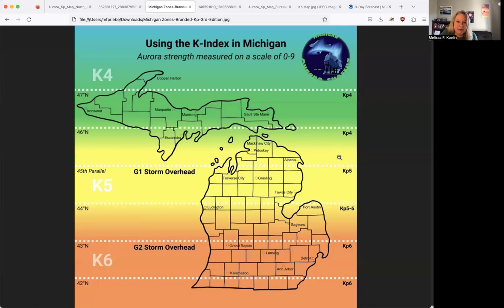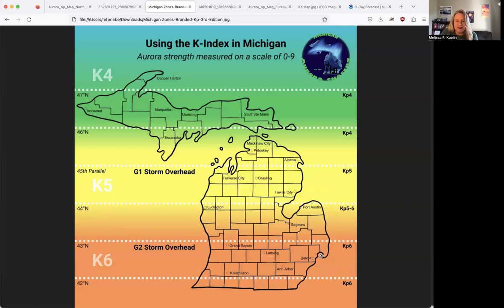But as you get into KP5, the Northern Lights push farther south, coming overhead in the middle of the state. Now, if you want to see aurora all the way in southern Michigan, this far south, you're going to need even stronger numbers, a KP6. That's equivalent to a G2 storm, or a moderate geomagnetic storm. And that could send aurora overhead at 43 degrees north. With a G1 storm, it's going to be overhead at 45 degrees north. But for 43 degrees north, or to see it low on the horizon at 42 degrees north, we need a